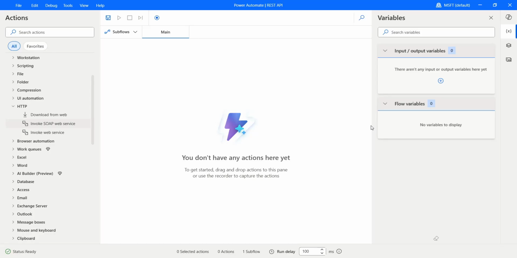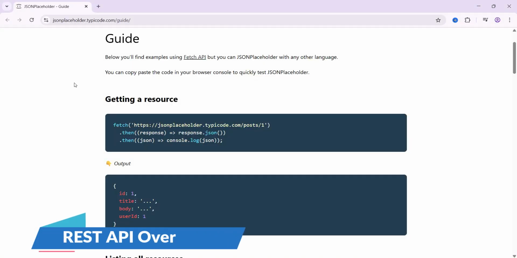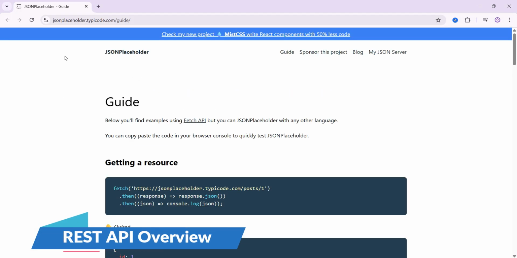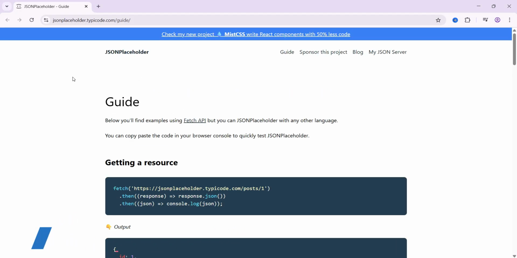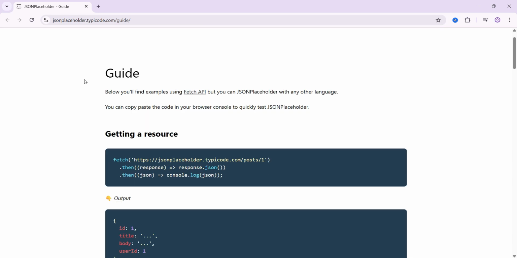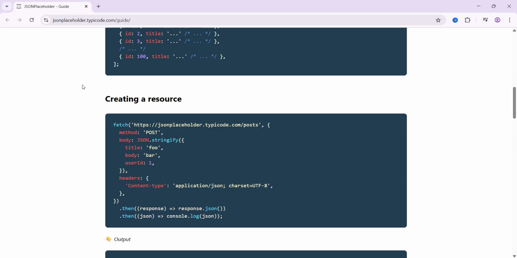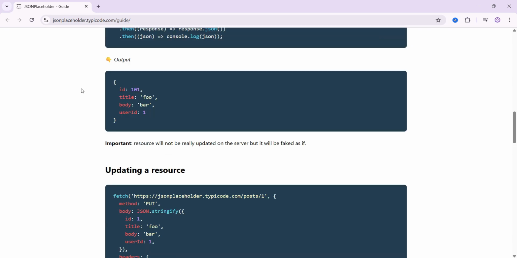Well, in today's video, let's take a look at how we work with and invoke the REST API in Power Automate Desktop. To understand this REST API concept, we will be taking the help of jsonplaceholder.typicode.com, which is nothing but the JSON placeholder API resource available on the internet that helps you to understand it,